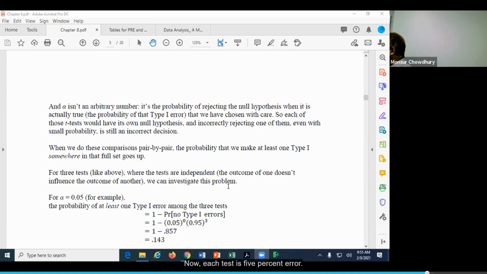Now each test has 5% error. Now if we say that we are making at least one error out of these 3 tests, what will be the chance of making this error?